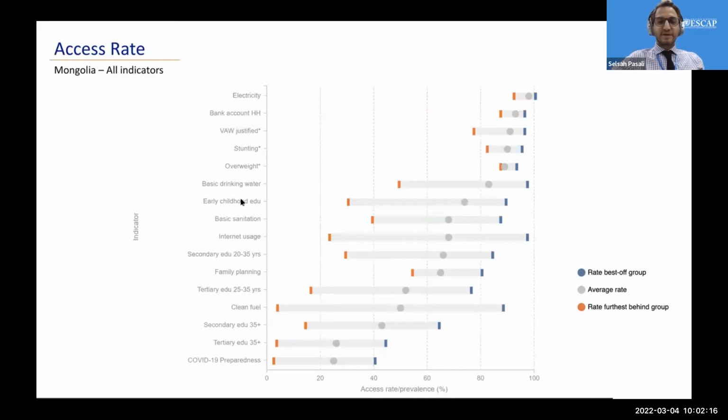So this is a graph that those of you who were with us yesterday, we went through this chart in detail. I don't want to go through it again. I just wanted to highlight that the indicators for which we have large gaps between furthest behind and furthest ahead are also the indicators where the index is very high. So they're complementing one another, but it is certainly much easier to digest the message through a D-index chart